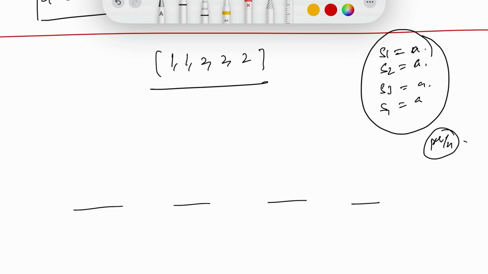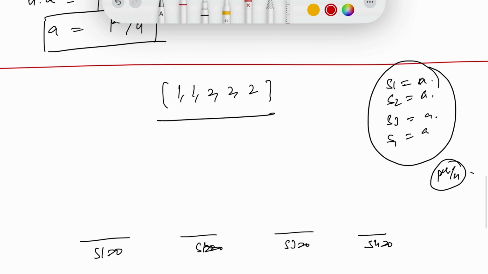So initially, what is the value of these sums? These sums are empty. So S1 is empty, S2 is empty, S3 is empty, which is 0, S4 is also 0. And what we have to do is group these matchsticks into these 4 bundles. Let's say this is the bundle,